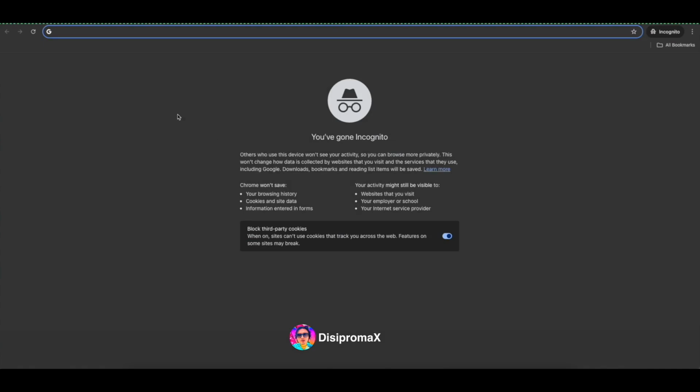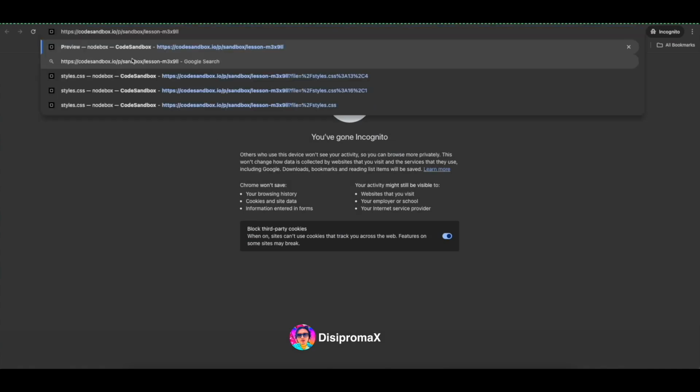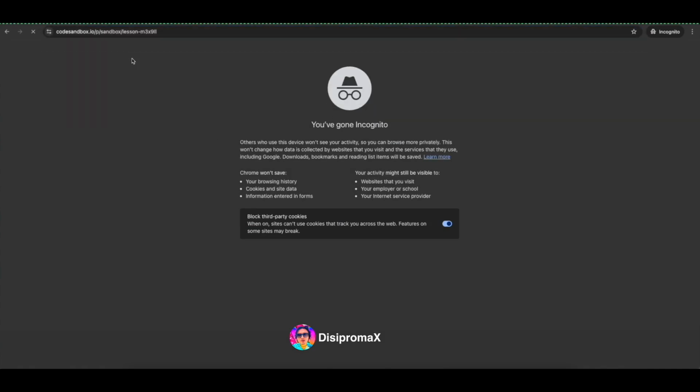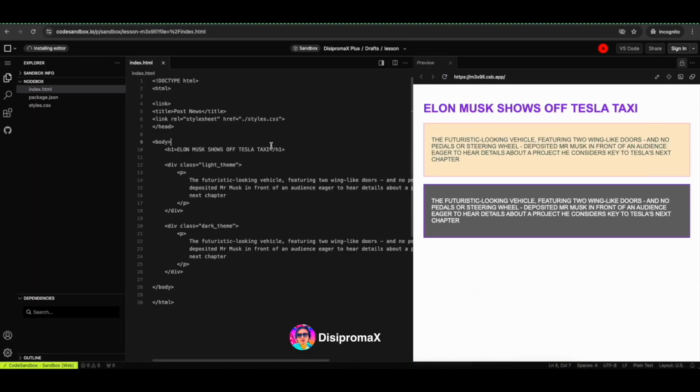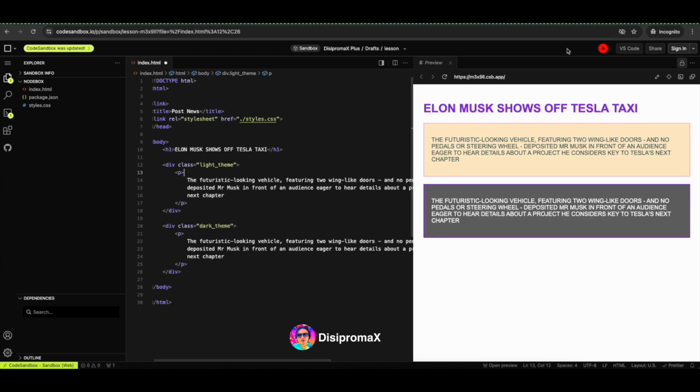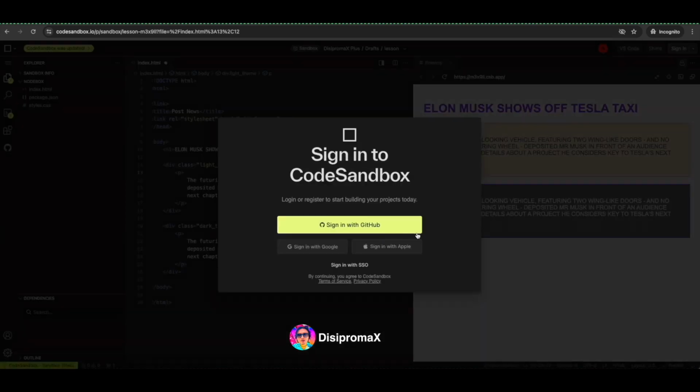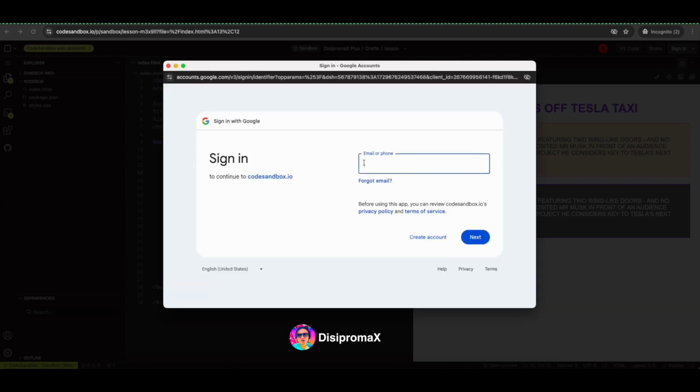I will open Chrome in incognito mode as if you are opening a link. Yes, you are not logged in. You should have a sandbox open with this code, except all, but you won't be able to properly edit, save there and everything else you see. For this you need to log in. Logging in is very easy. You can log in using Apple, Google, GitHub. Well, I log in using Google. For me it's more convenient.